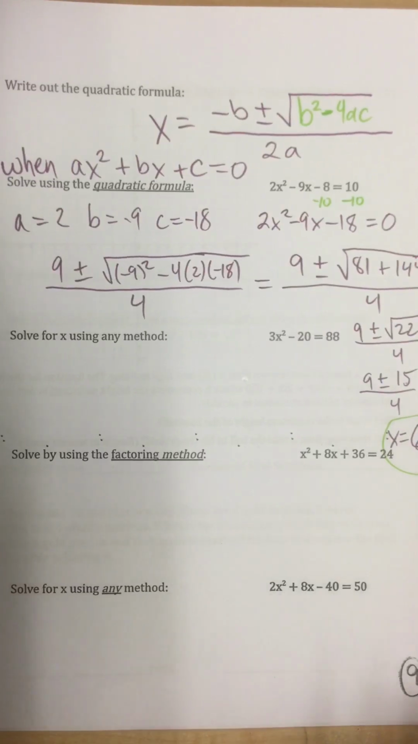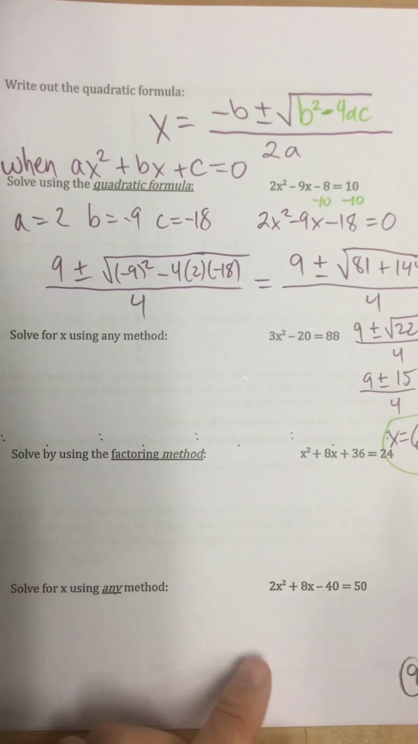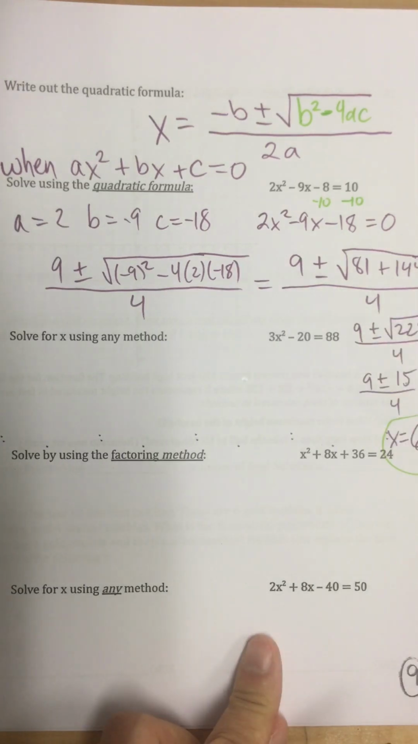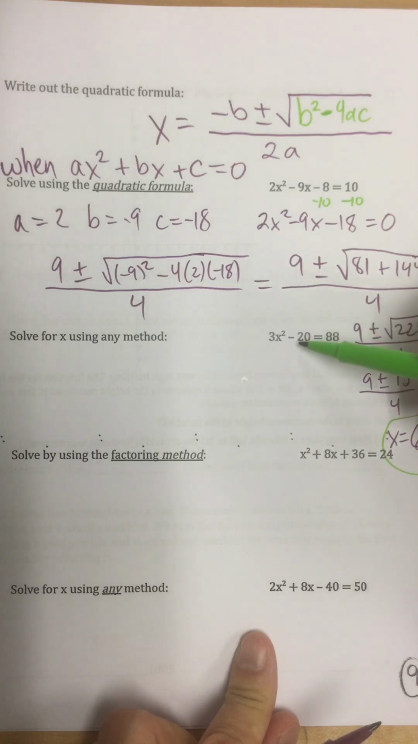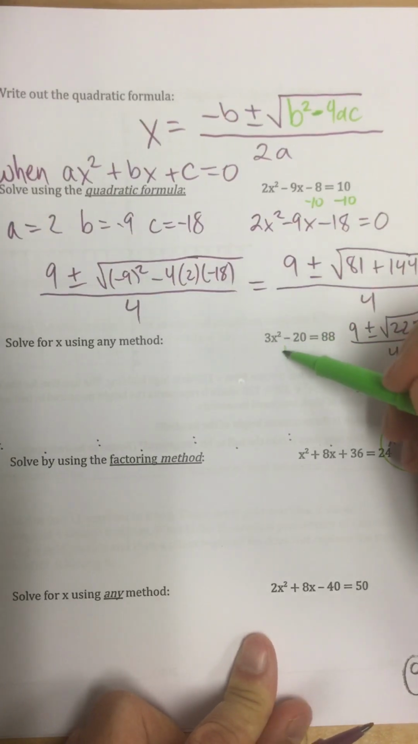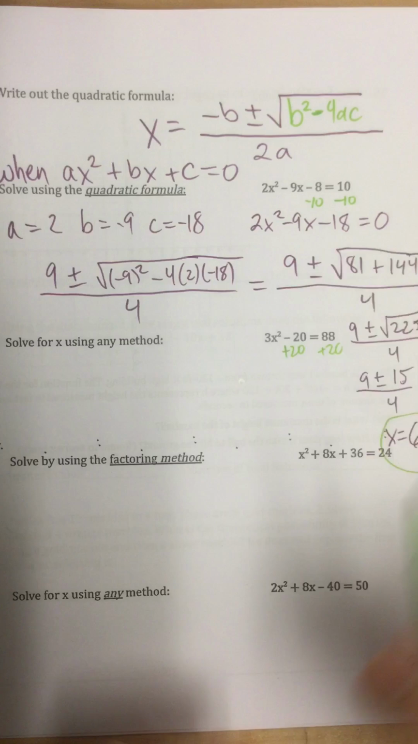For 16, where it says solve using any method, most of you have been doing quadratic formula for everything, but when you see something without a b term, I automatically think square root method. Square root method is, instead of setting it to 0, get all your constant terms on one side. So I can add 20 to both sides. I get